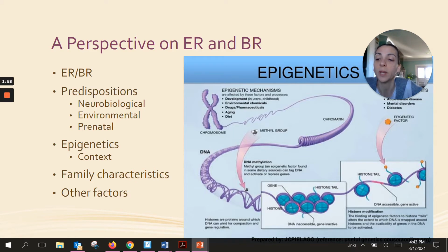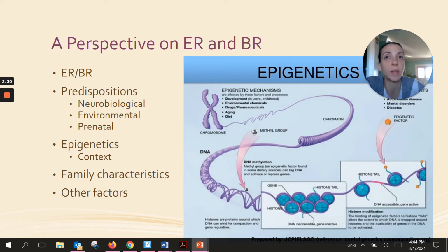Environmental: early childhood experiences could either override or moderate genetic influences or genetic predispositions. So a child's environment could either make the expression of a gene worse, or they could lessen that expression of a gene. Another environmental predisposition could be modeling behavior. So if you have a parent who is either aggressive or has problems with emotional regulation or behavioral regulation, the child could model their behavior after that and learn that from their parents.